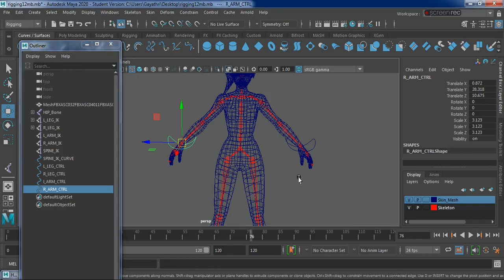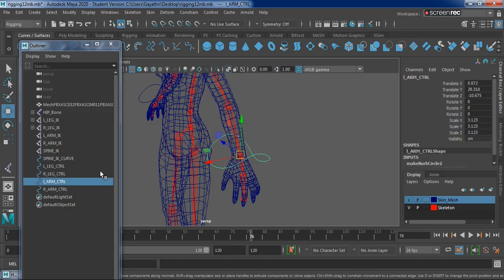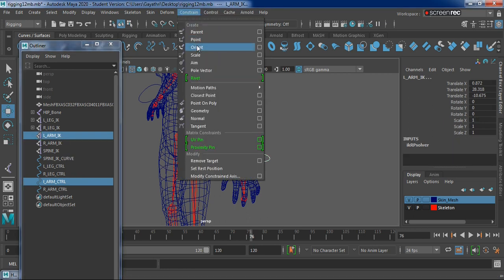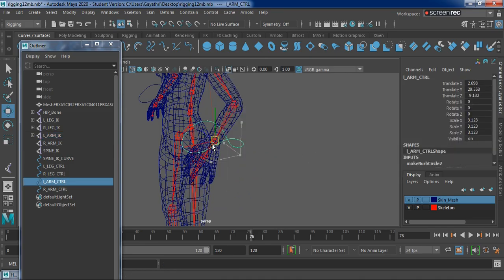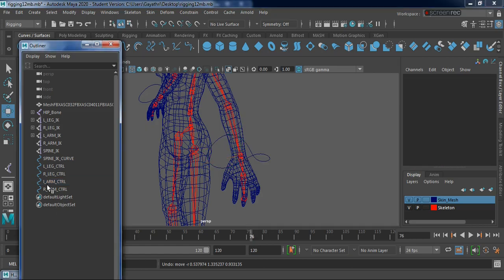So let's go ahead and bind these two. Again, just like we did for the legs, you can select the left arm controller. With the control key you can select left arm IK and go to constraint, point. Now what happens is you will be able to move the hand with the left arm controller. And same thing,